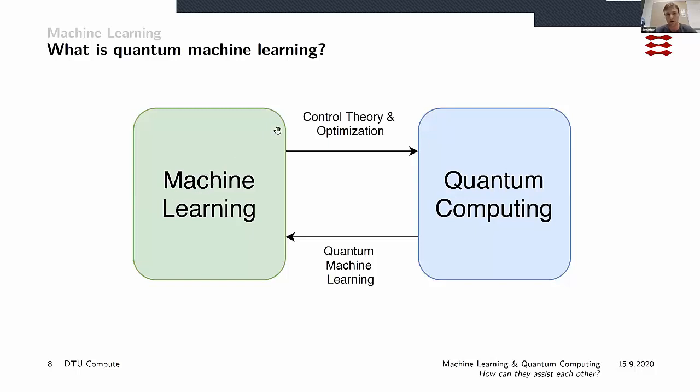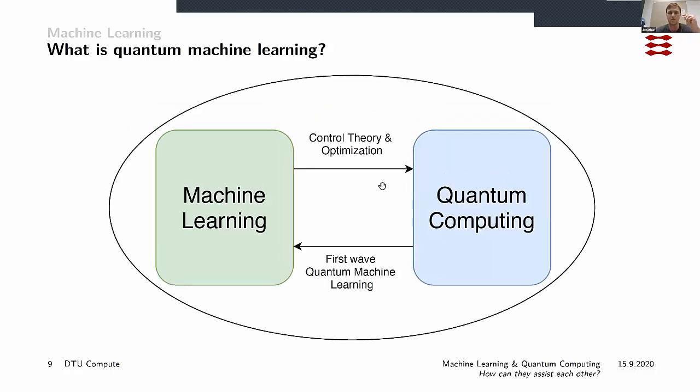And then the other way around would be, you say you have a quantum system, and you can actually control that in a certain way, and therefore we call that control theory and optimization. You want to be able to do something with the quantum computer. But it seems like more over the years, quantum machine learning is all of this connected into one, right? As long as you do some machine learning task and you involve some quantum subroutine on a quantum computer, you can call it quantum machine learning.